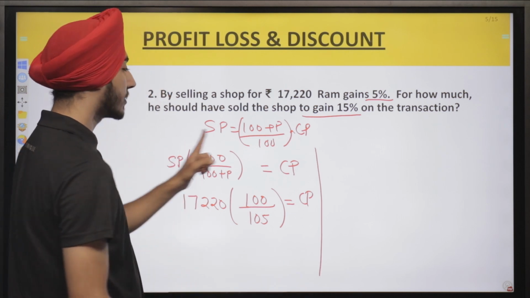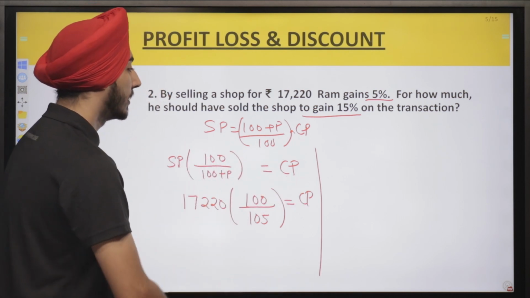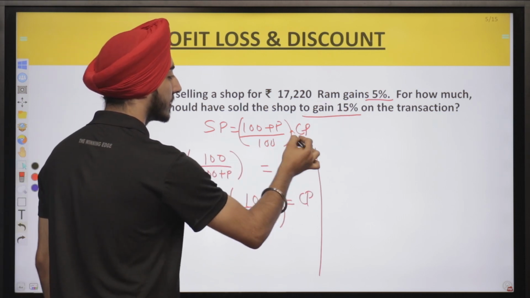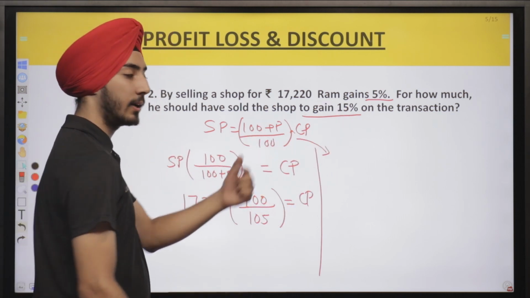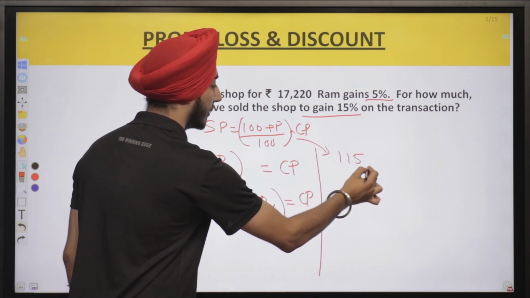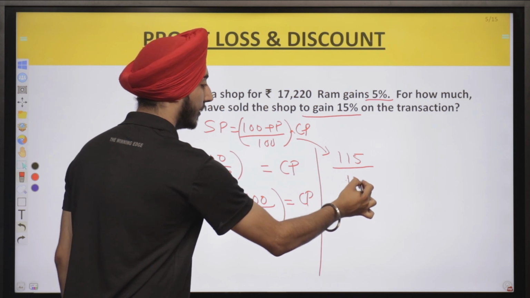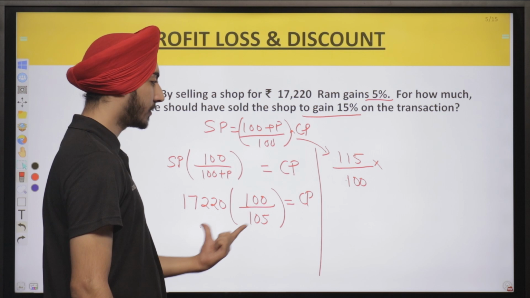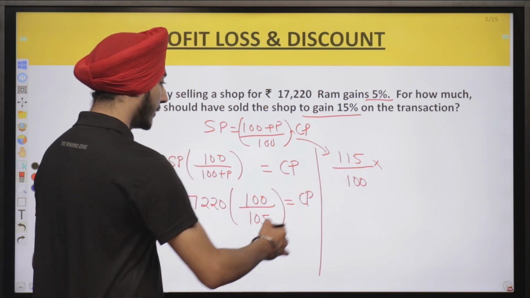The second half of the question, we have to find out the selling price. So for the selling price, we have this formula, and the profit is 15%. So I'll just directly put down the values in this formula. 100 plus 15 will give you 115 upon 100 into the cost price. Cost price is this, so we directly put its value here, which is